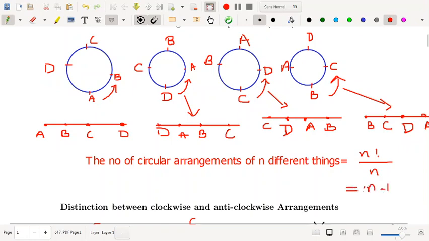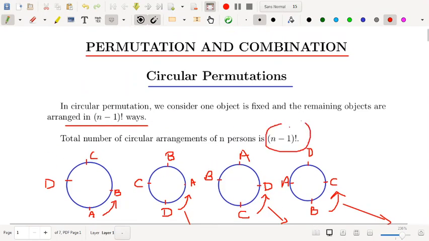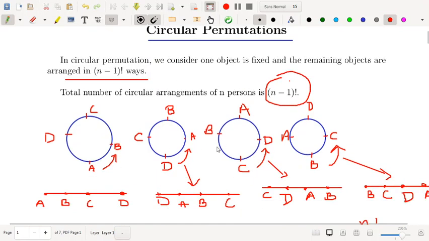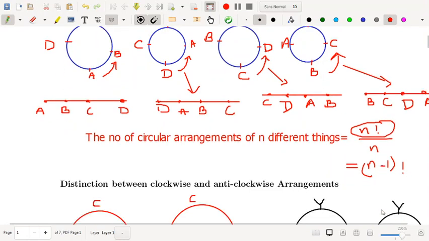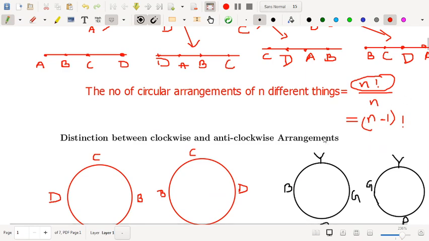So basically you are fixing one person and arranging the others. That is why the arrangement is factorial n minus 1. So this is the explanation. I hope the explanation is clear to you. Because if n different things are arranged along a circle, then for each circular arrangement the number of linear arrangements is n. Hence the number of circular arrangements of n different things is factorial n by n, that is, 1 by n into the linear arrangements of n different things. That is why the result is factorial n minus 1. Clear? So this is the answer for circular arrangement.